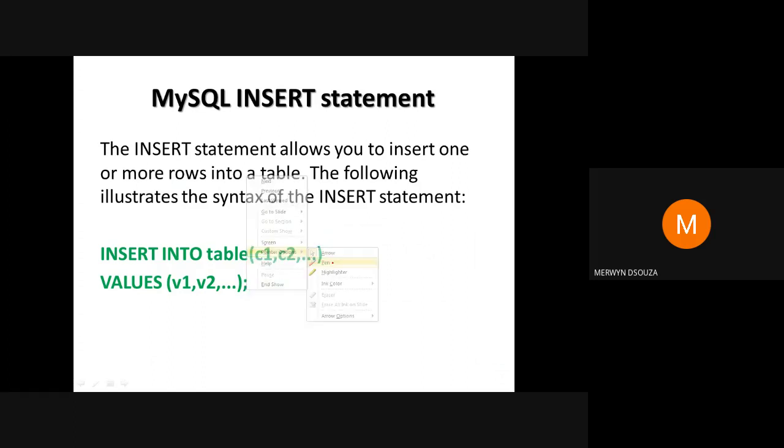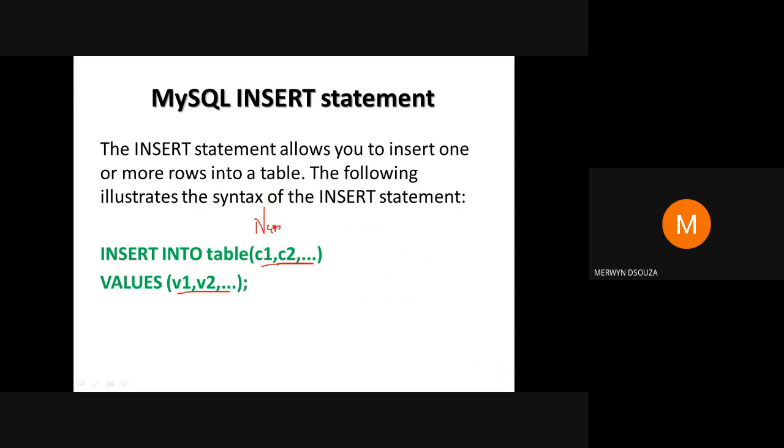The number of columns specified in this query and the number of values should be the same. Also, the column number and the value number should correspond. Suppose you are inserting into a table and the first column is, say, name.